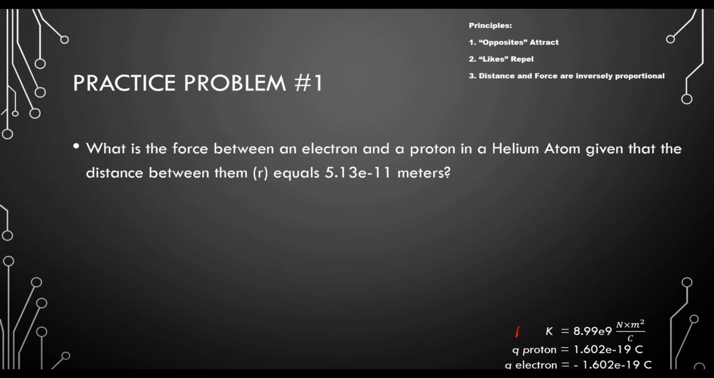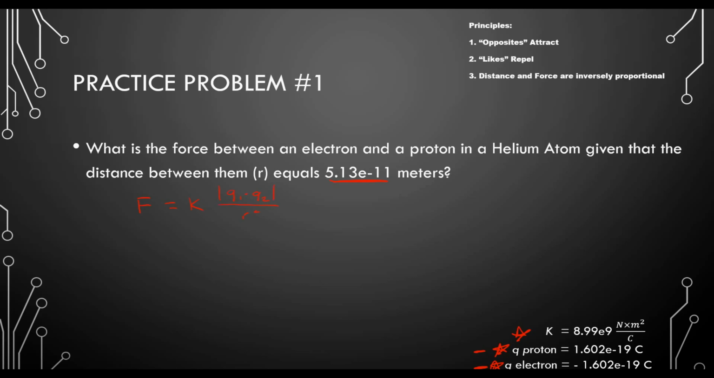I've given you some resources down here to help you answer this question, but pause the video and give it a shot. All right, hopefully you're able to give that a shot, and I will do the work here so that you can compare your answers. So what is the force between an electron and a proton? We'll get the charges from here, given that the distance between them is this value. So force equals K times the absolute value of Q1 times the absolute value of Q2